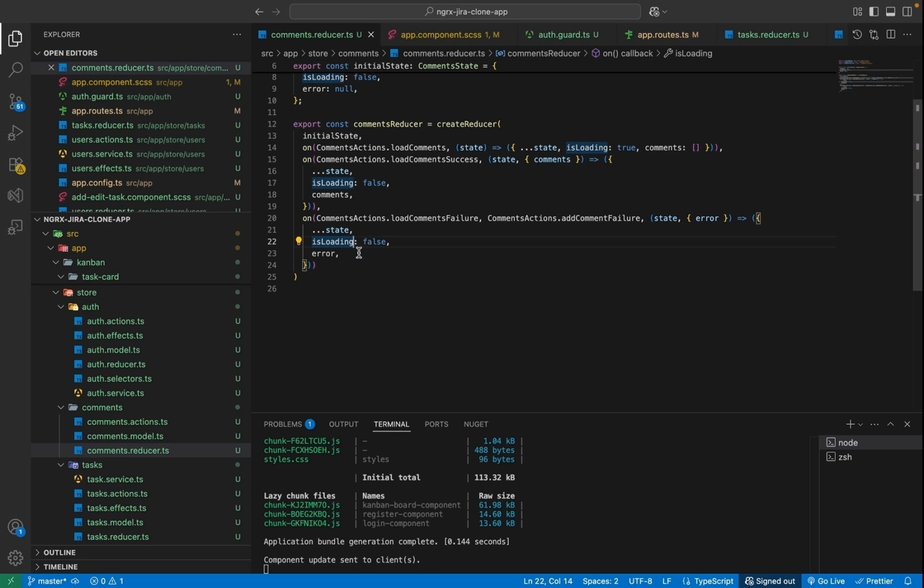And as I mentioned, for adding the comment, everything happens in real time, so we do not need any reducer or anything like that. Okay, now we can go and implement our selectors. So here I'll go and create a new file, and we will call it comments.selectors.ts,